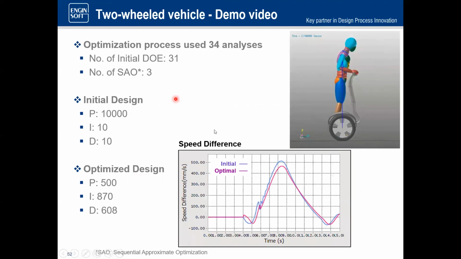So basically the DOE, we had 31 runs. The SAO converged in 3 iterations. With the optimized design, we can see the proportional gain went from 10,000 to 500. Integral gain went from 10 to 870. Derivative gain went from 10 to 608. And you can see here's the initial speed difference, and we were able to reduce it